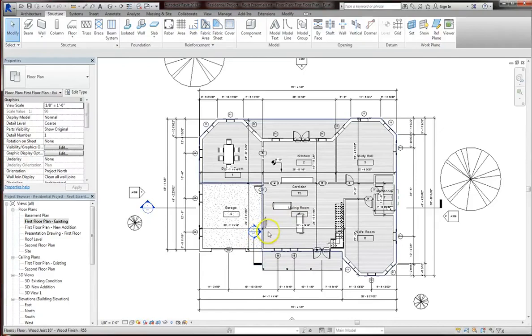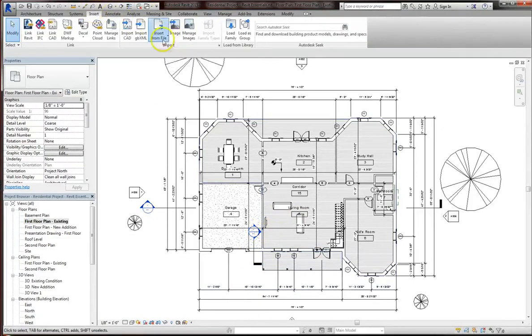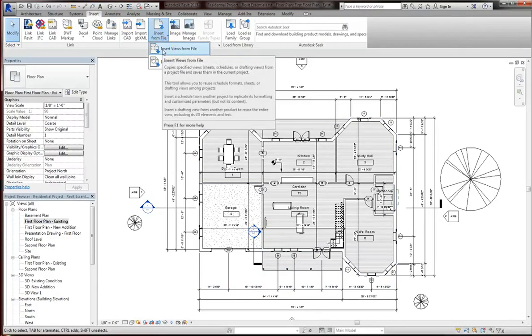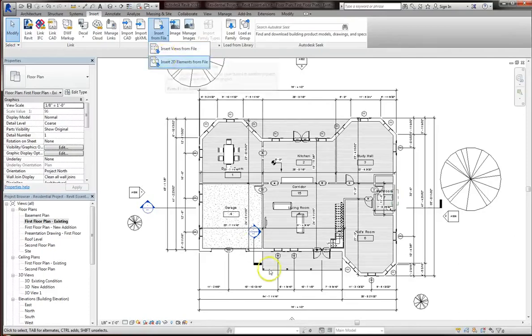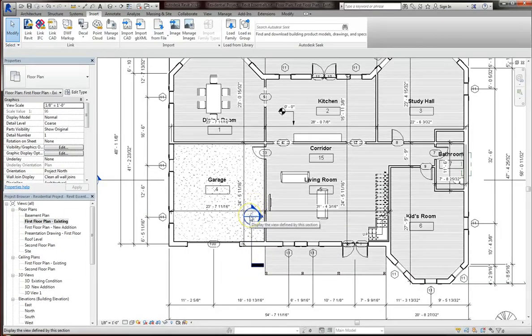Now, of course, if you already have them set up, you can insert those detail files by going Insert from File, selecting Insert Views from File, and inserting your detail file. And remember, this will import schedules, layouts, drafting views, millwork and ceiling details, so this will bring all of those in if you have them. But if you're like me and have more of a custom foundation detail, this lesson will show you how to